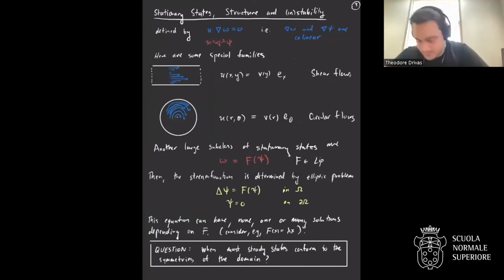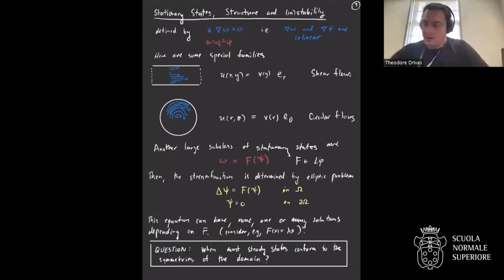So a natural starting point when thinking about long time behavior is to understand structures that exist forever, and the simplest such are stationary states. So the stationary states in vorticity form just satisfy the equation transport of vorticity is 0. And if you use the fact that the velocity is the skew gradient of some stream function, then the condition for being a stationary state is that the gradients of vorticity and gradients of stream are collinear.